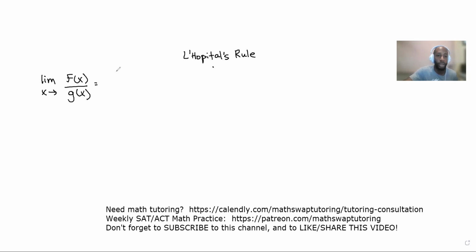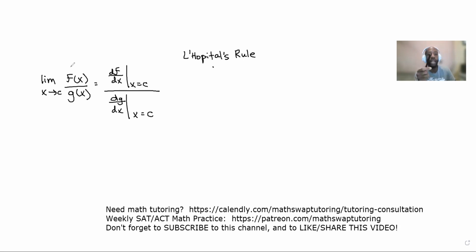Okay, so you have df/dx when x is equal to c, and then dg/dx when x equals c. So what in the world does this mean? I see I left off the c here. Basically, L'Hopital's rule says